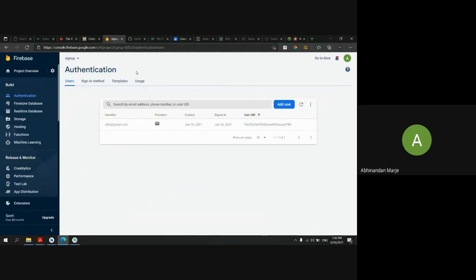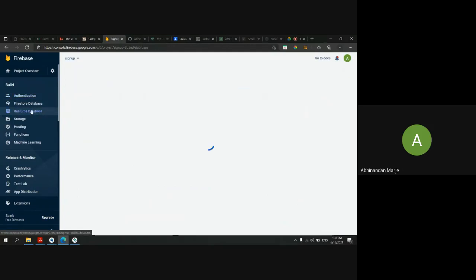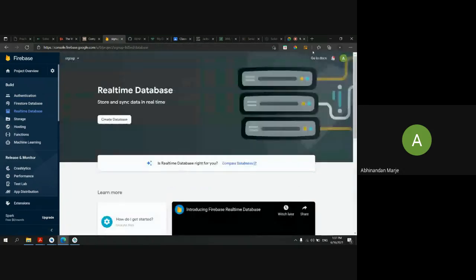But in our Firebase database, if you want to store some data, you just go here to your real-time database, start the database, and you can use these functions directly from your app. So you don't need to make everything from scratch.